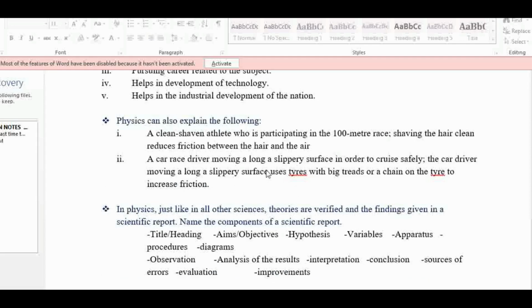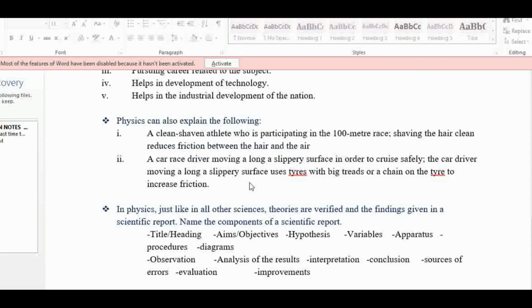Now, there are some of the other things that physics can explain. For example, a clean-shaven athlete who is participating in a 100-meter race, you'll find that these people, they normally shave very clean. So the reason why they shave very clean is so as to reduce the friction between the hair and the air itself. Then we have a car race driver moving along a slippery surface in order to cruise safely. So you find that this car moving along a slippery surface uses tires, and these tires are normally made with big treads or chain on the tires. So the reason why this is normally done is to increase the friction so as to make the tire to